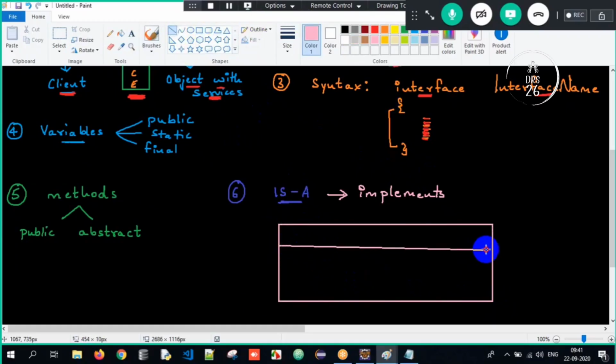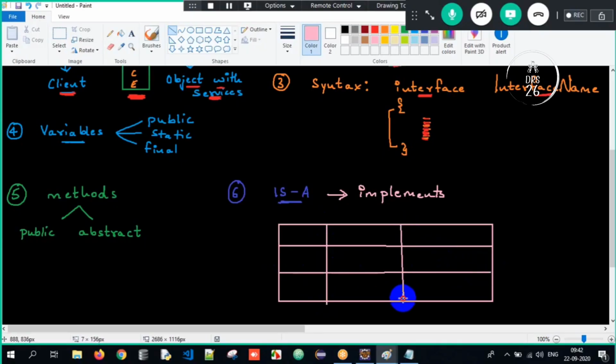So here, imagine, this is a small table which I want to draw here.